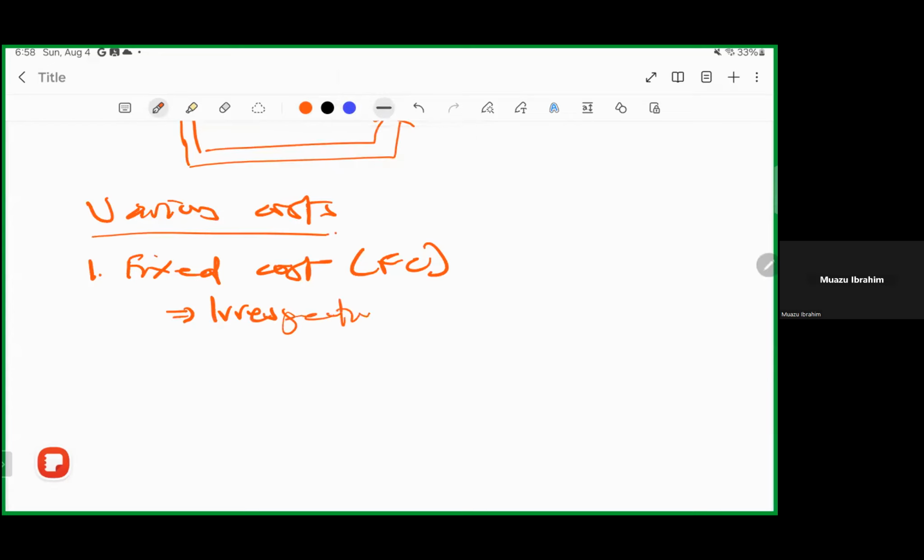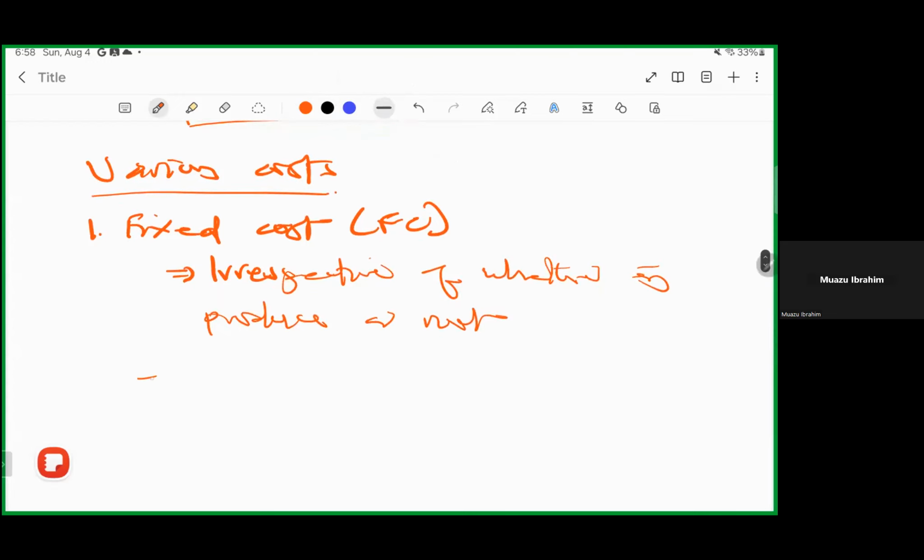So by fixed cost, it is a cost firms incur irrespective of whether they produce or not. So even if they don't produce any commodity, if they don't produce any products, they will still incur that amount of fixed costs. For instance, whether firms like it or not, they would have to get maybe land, they would have to get maybe furniture. Some people will also say rent or whatever. These are fixed costs. And of course machines.